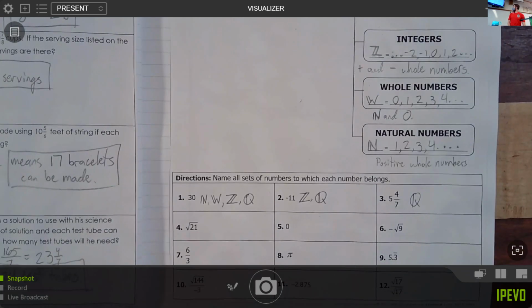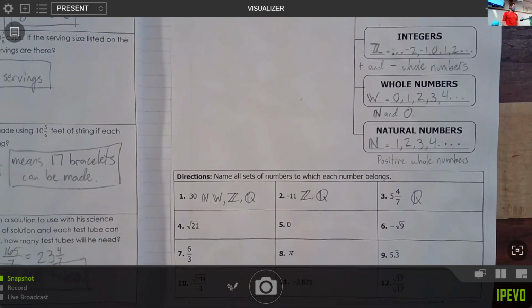Number 4, the square root of 21. Now, if we think about square roots, and we'll end up using calculators for a lot of these as well. And at this point, you are welcome to start using calculators. Please do use an actual calculator, though. I have a lot over there. We're not going to grab them yet, but if we think about how numbers multiply by themselves,